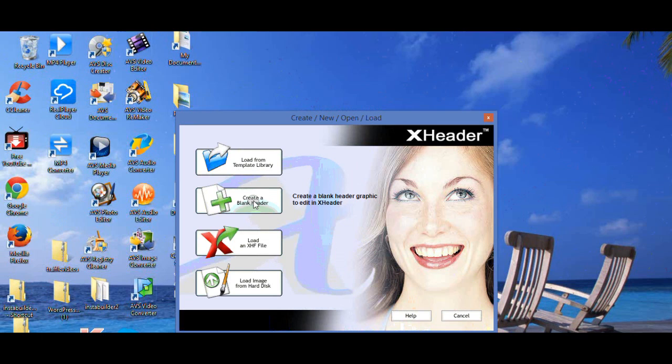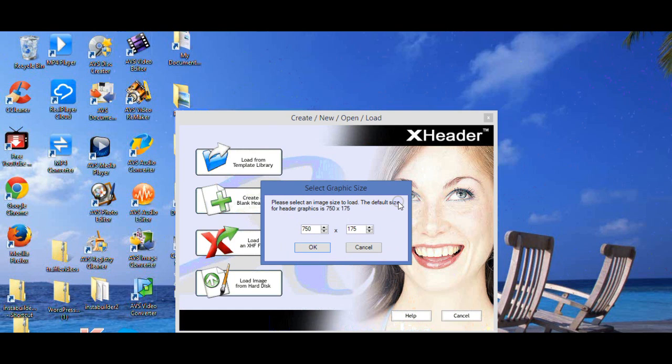So should I choose to create a blank header, just a blank canvas, I can click this one, and then it says, okay, what size do you want your banner to be? Now your banner could be tiny, itsy bitsy, teeny weeny. For example, you could choose 100 by 100. So maybe you had some very, very small thing,